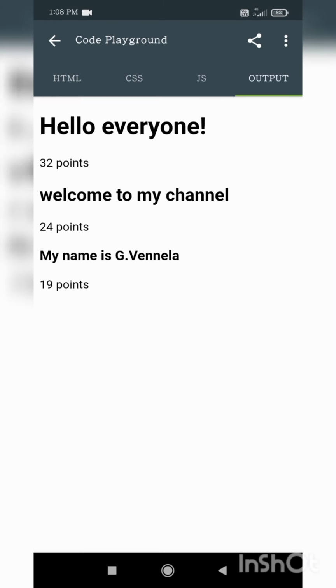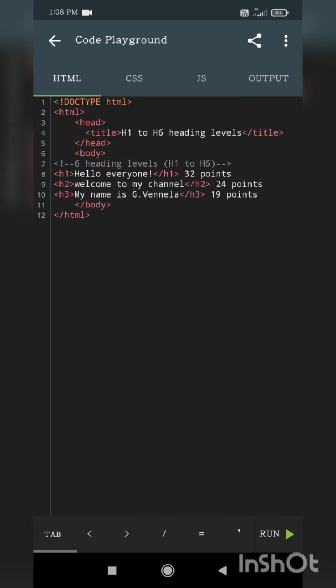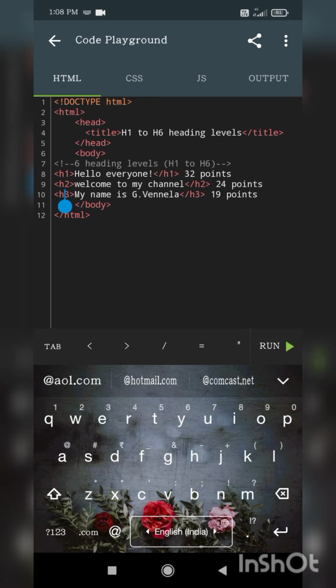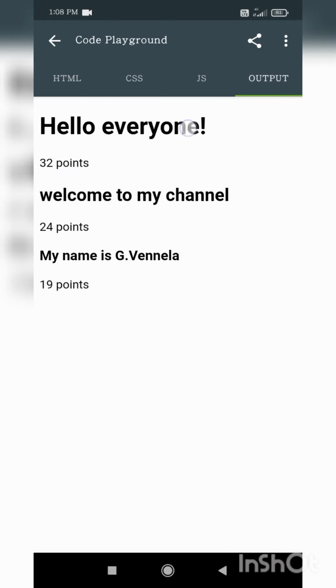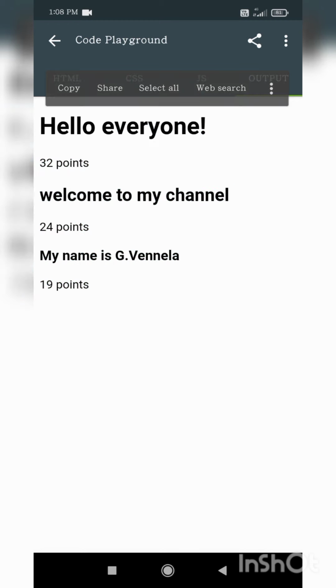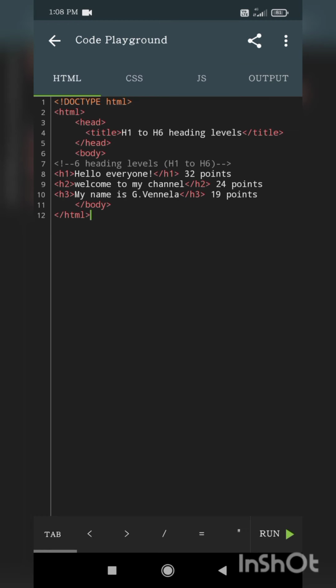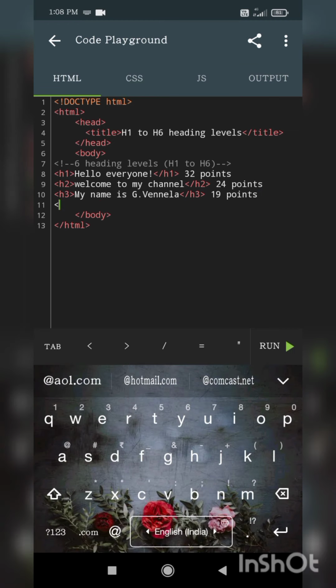See, did you observe one thing? The H1 is having the biggest size and H2 is decreasing. Here did you observe? The size is decreasing, whereas the numbers are increasing, such as 1, 2, 3. Here the size is decreasing from bigger to smaller. So H3 also completed. Now I am doing H4 heading tag.